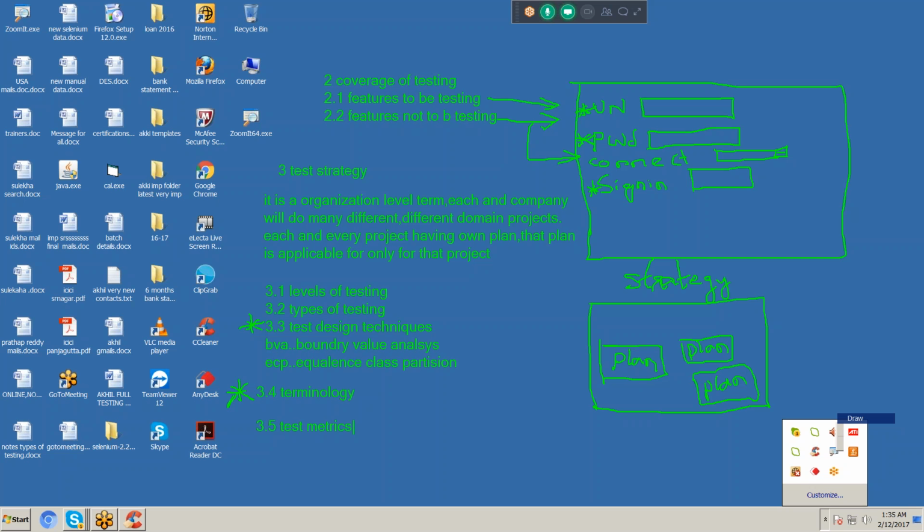We should know these. That's the reason each and every software company will provide a list of documents, list of metrics, list of templates. That is called test metrics.